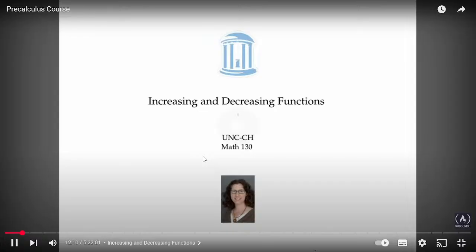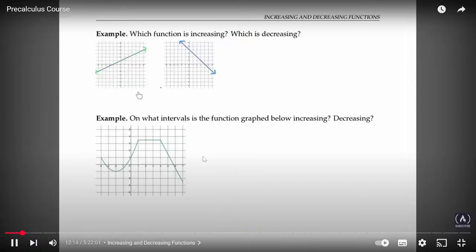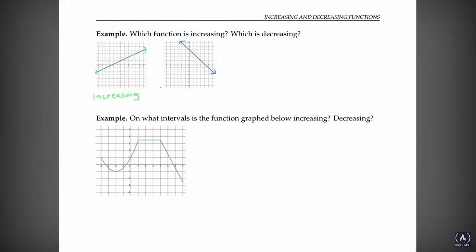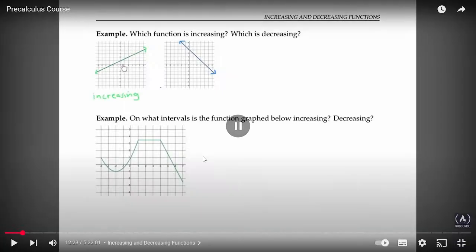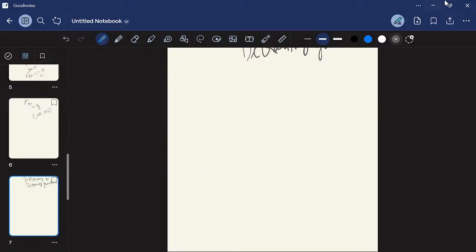Okay, let's go. In this first example, I'll draw 2 lines. The first line is the increasing function, because as the x values go from left to right